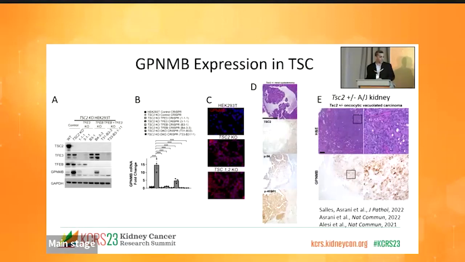We found that in HEK293 cells with TSC2 deletion, GPNMB protein expression is significantly increased, as it is at the mRNA level, and genomic deletion of TFEB or TFE3 was sufficient to downregulate its expression in these cells. Expression was also increased by immunofluorescence in TSC2 null HEK293 cells. And in Tsc2 heterozygous mice, which spontaneously lose the second copy of Tsc2 and develop renal oncocytomas and cystadenomas with aging, with documented loss of TSC2 and increased S6, we observed increased expression of GPNMB in